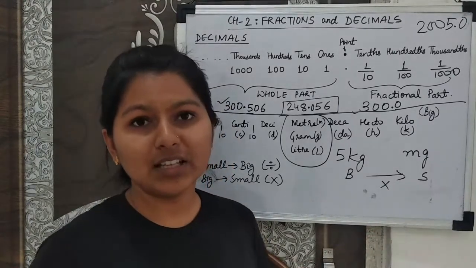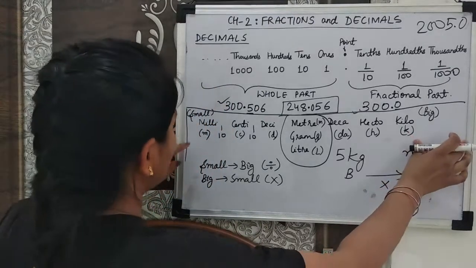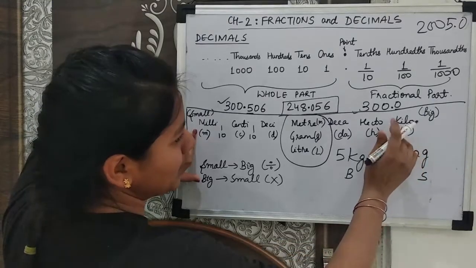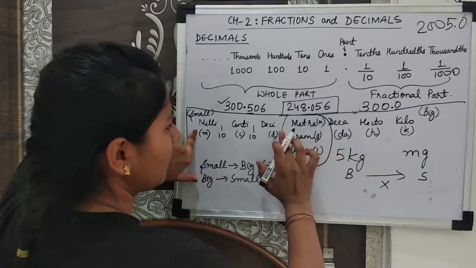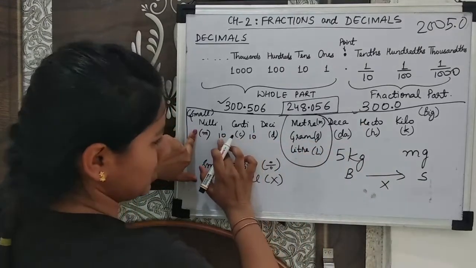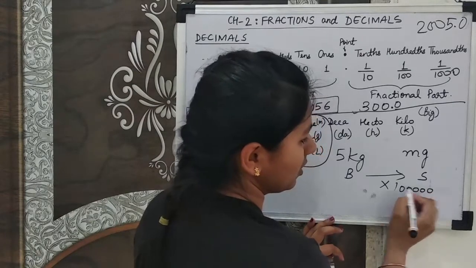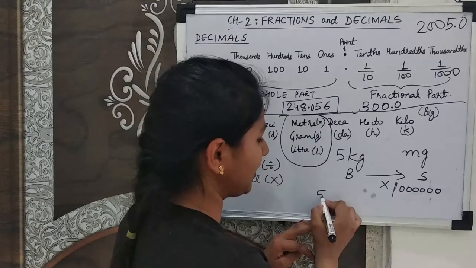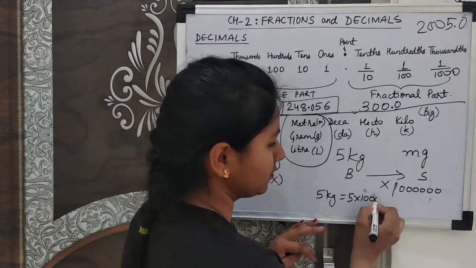Now the question arises, by which number should I multiply? Just look at this kilo and just look at the position of milli. Just count how many gaps are there between kilo and milli. 1, 2, 3, 4, 5, 6. So how many zeros do I have to multiply by? 6 zeros. So 5 kg is equal to 5 into,